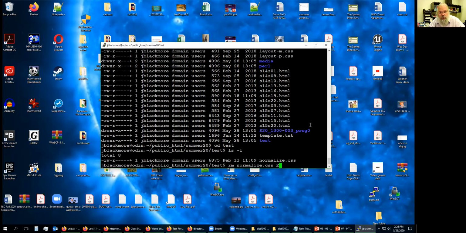Be very careful because if you've got two files, normalize.css and normalize.html, and you remove normalize.html instead of CSS, you're wiping it out. You can try to get it from the backup server that's mentioned on the Odin page,